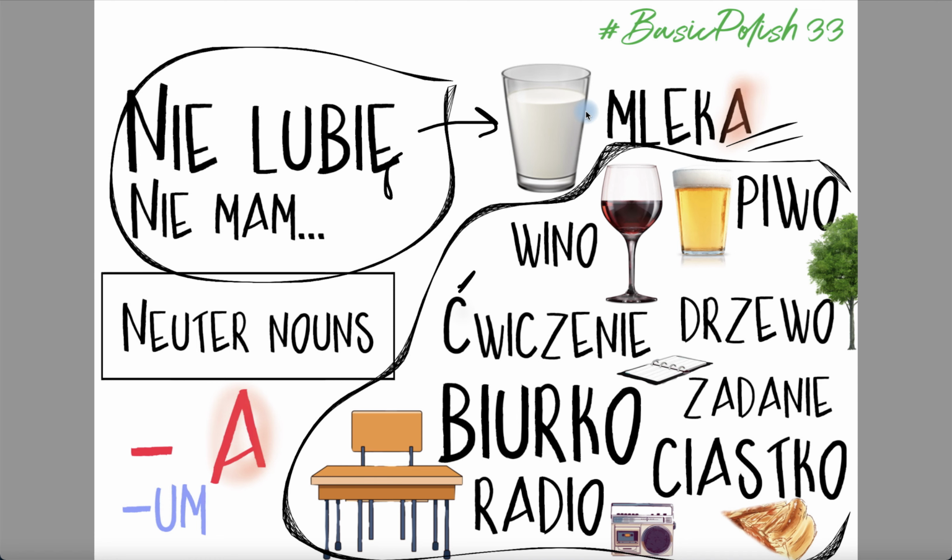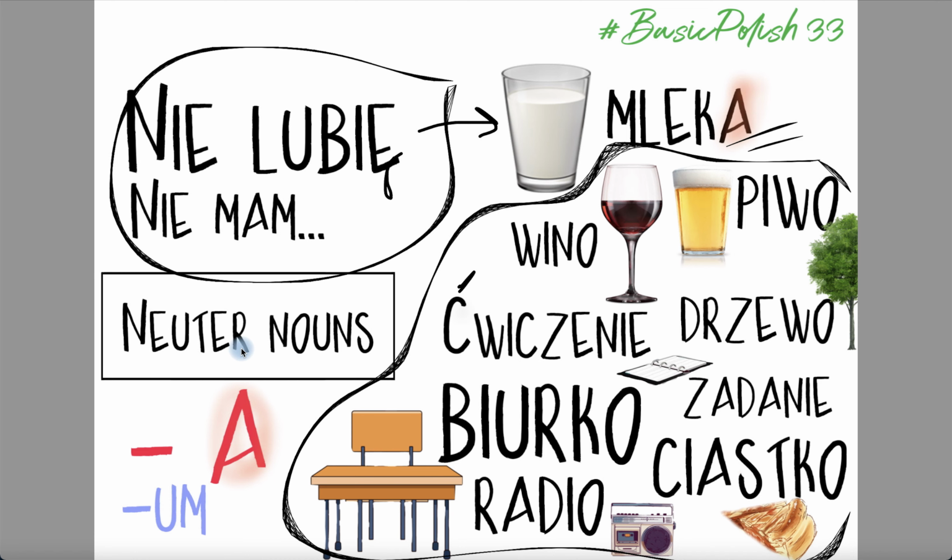Today we are going to have a quite short lesson simply because it's not going to be challenging. I hope you are going to find it easy. Genitive nouns, genitive case of neuter nouns. This is what we are going to talk about today. I find neuter nouns in genitive the easiest. Feminine and masculine nouns are far more challenging. You will probably see in a couple of minutes that there is nothing to worry about at all.